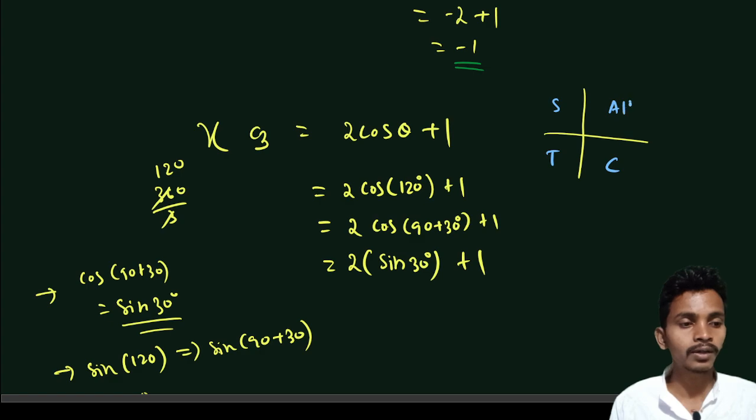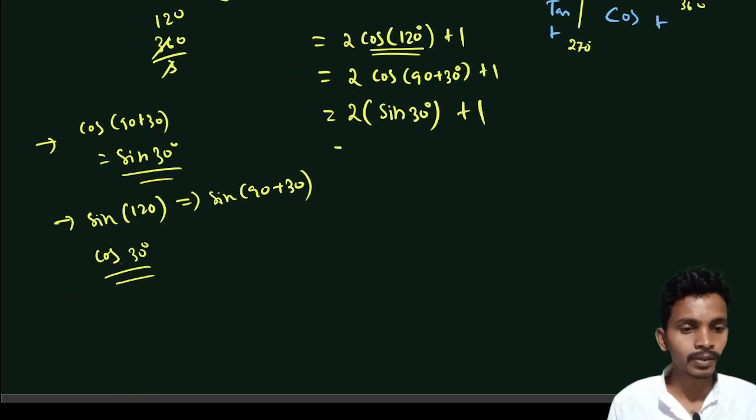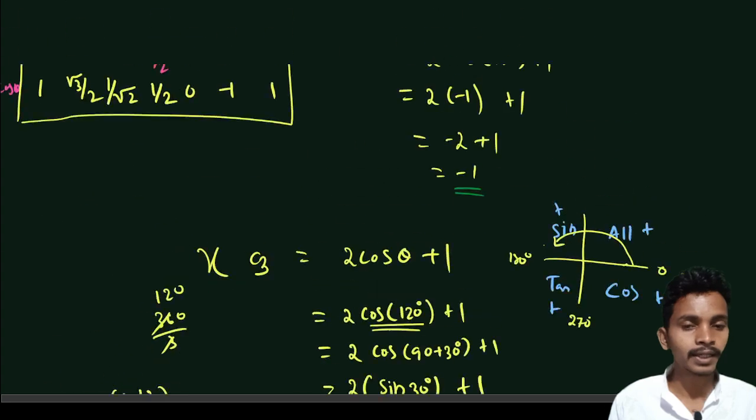Here all are positive, here sin is positive, here tan is positive, here cos is positive. So here we have cos 180 degree, the initial value. You start at cos 180 degree. This is 0, this is 180 degree, this is 270 degree, and this is 360 degree. If you move like this, 120 degree is somewhere here, and cos 120 degree is negative. So this value of sin 30 degree is